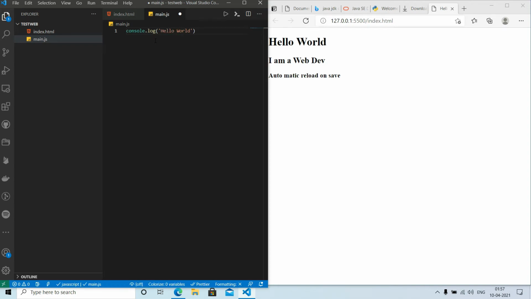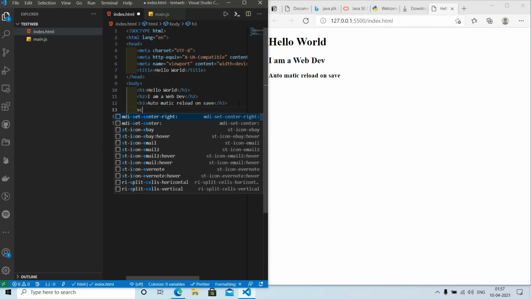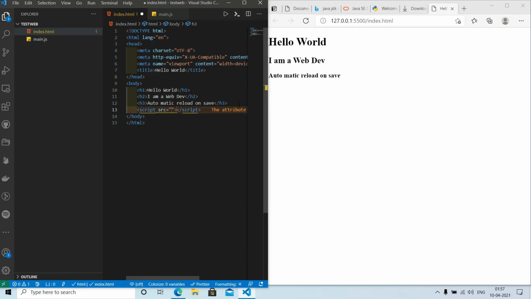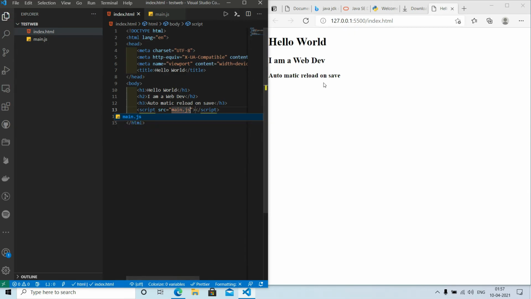We need to include this file in our HTML just above the body, script src. Okay, so main.js. Okay, that is it, and Ctrl+S.